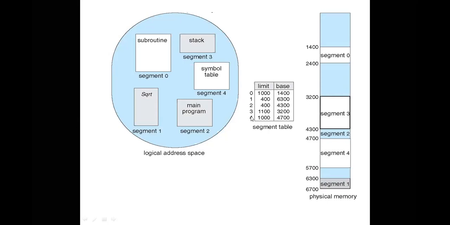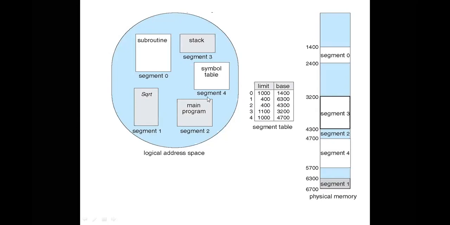What does the segment table consist of? Two things. What are those? The first one is the segment number and the last one is the location, right? But here we have two values. What are those? Base and limit. In the case of a page table, we only have a frame number, only a base address, but segments are of unequal size, right? So we need to mention base as well as limit.